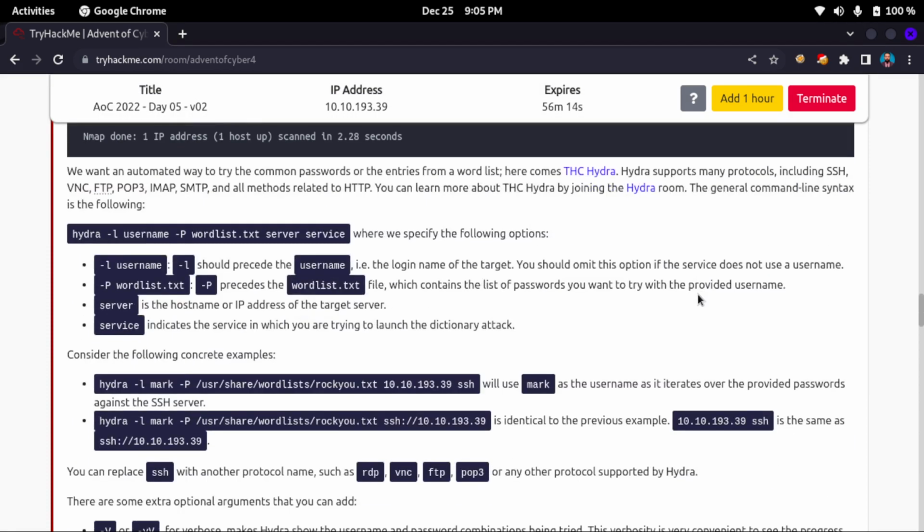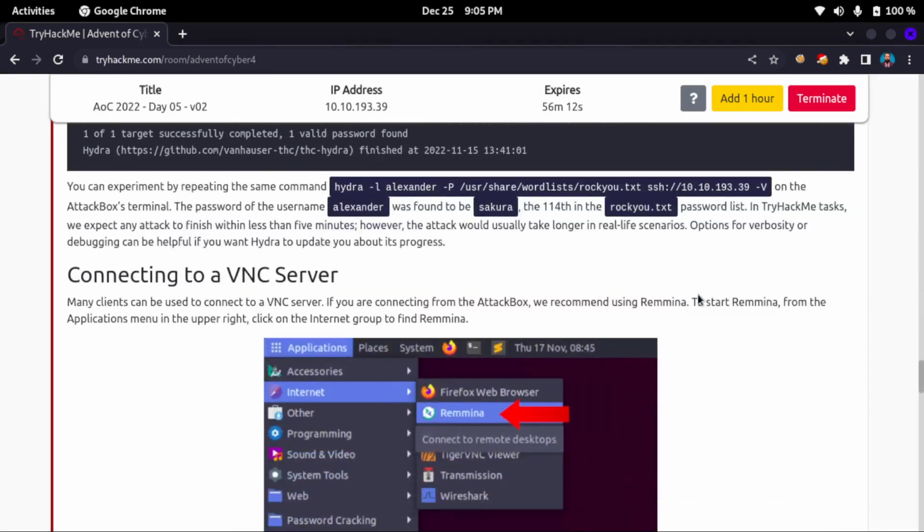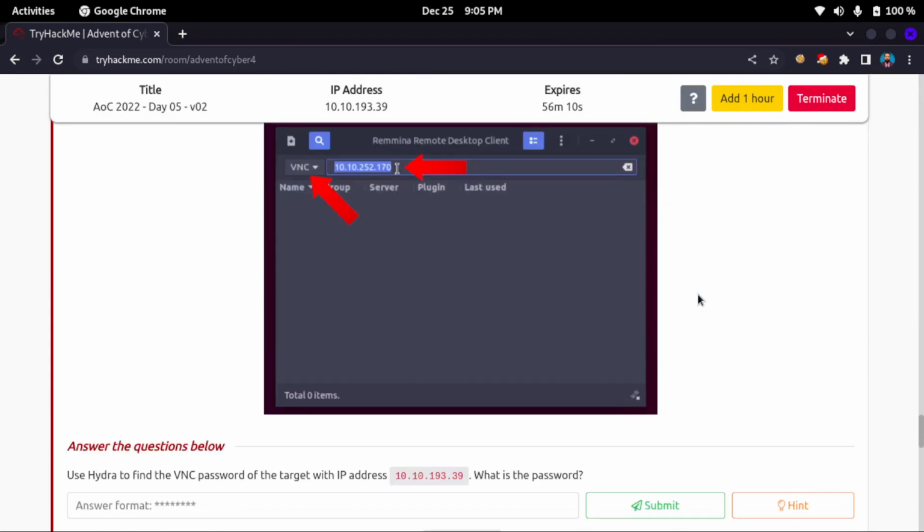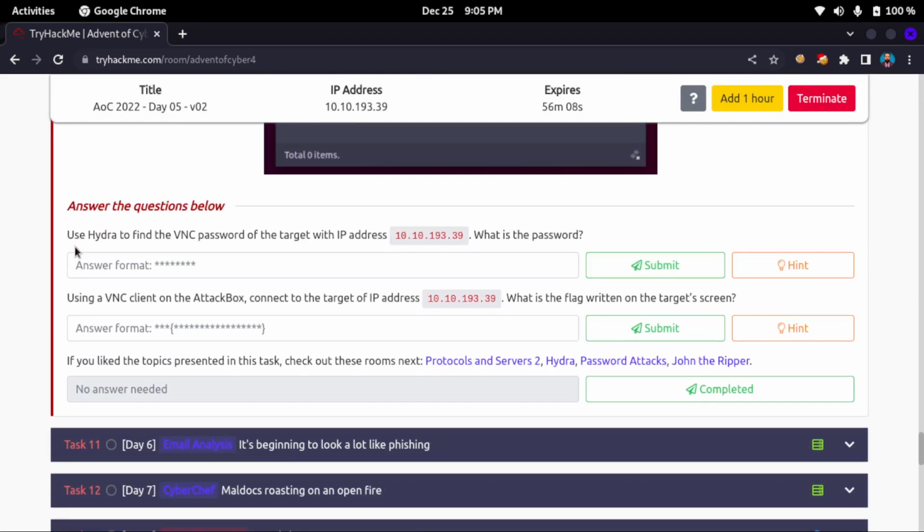Okay, so let me check the questions actually. So use Hydra to find the VNC password of the target with IP address 10.10.193.39. So there should be a VNC port also open, because it's asking me to use Hydra to find the